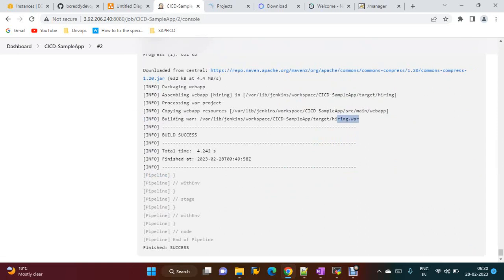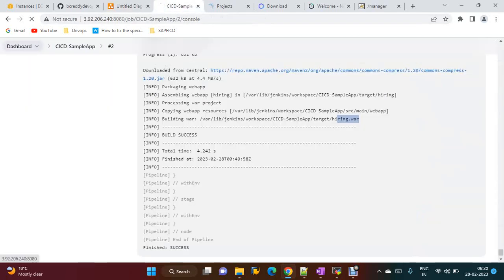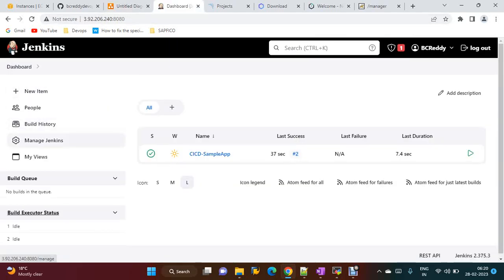Okay, now from this part we have got the code and built the application. It will generate the war file. Now we need to do Sonar analysis. Okay, to integrate Sonar analysis we have to add the plugin,